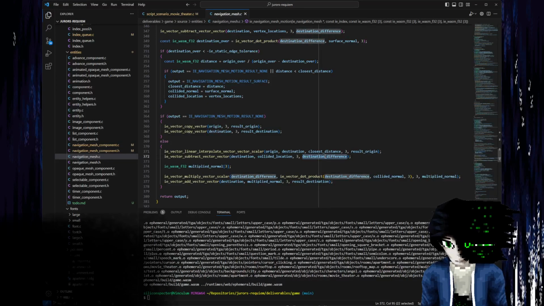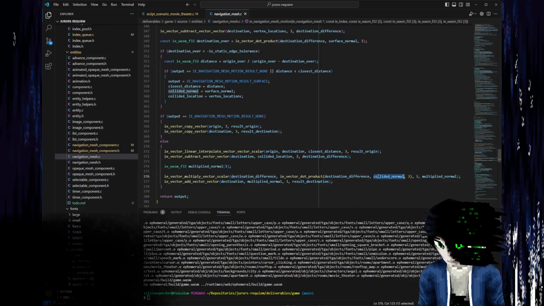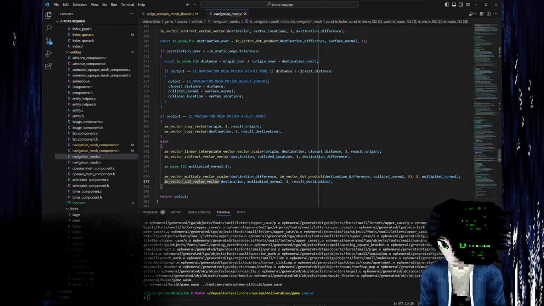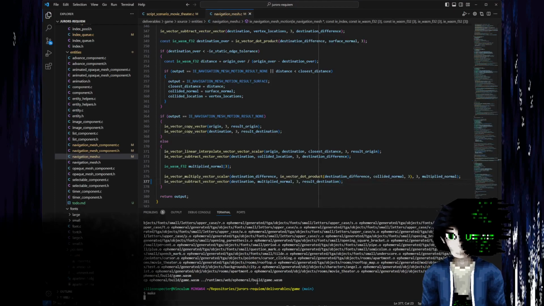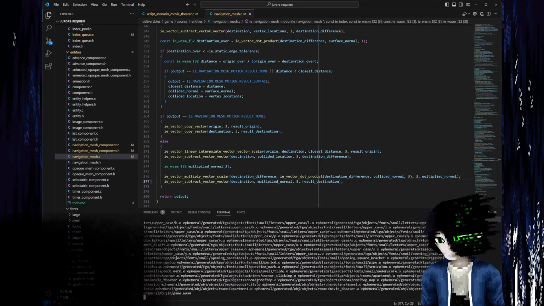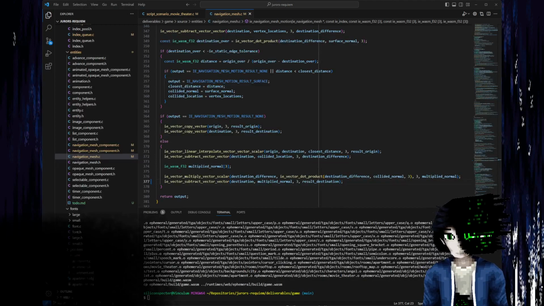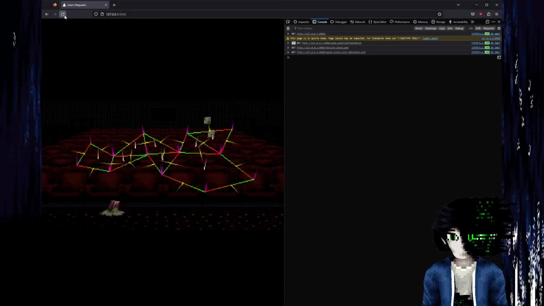And then we're checking that as a destination difference. We're then multiplying that by the collided normal, which again must be the right one. And then we're adding it. What? No, subtract. I mean, that still goes the wrong way, but